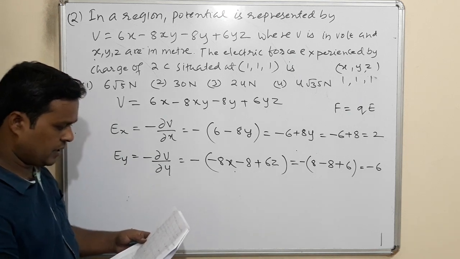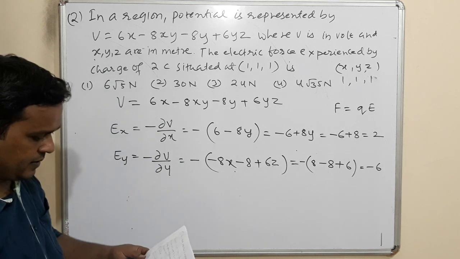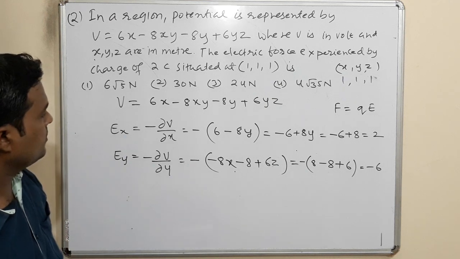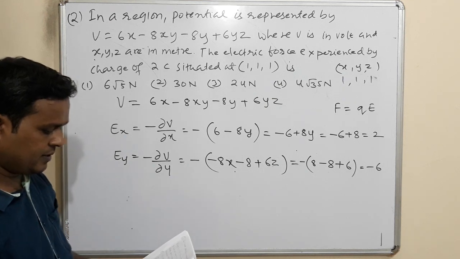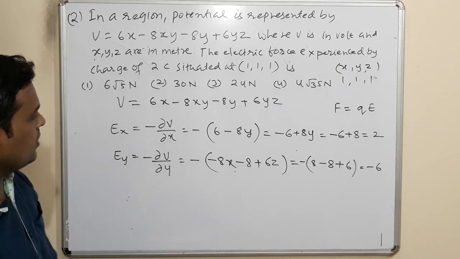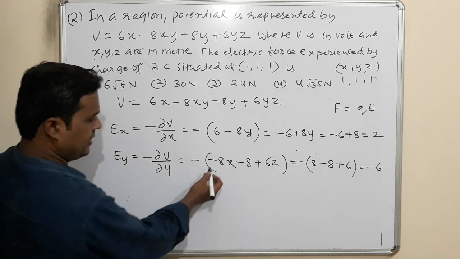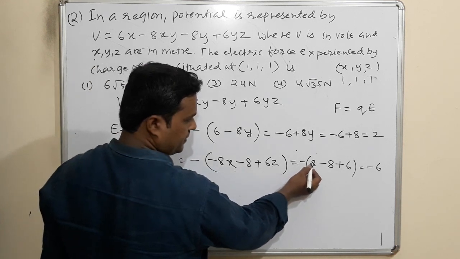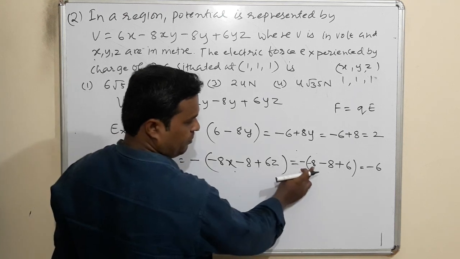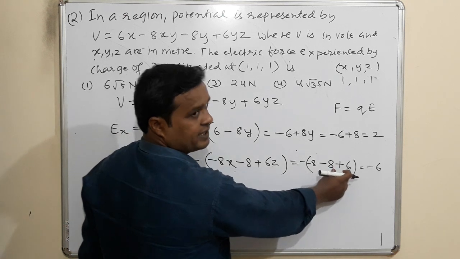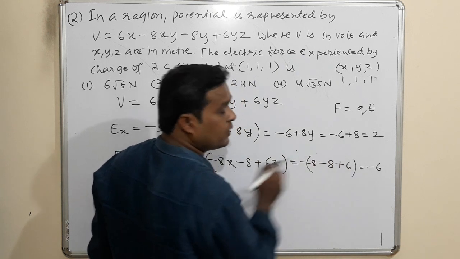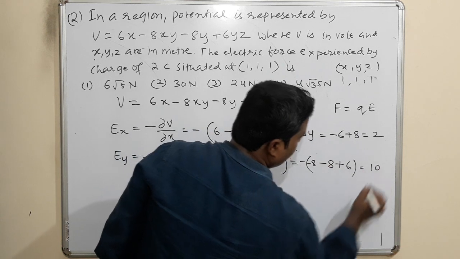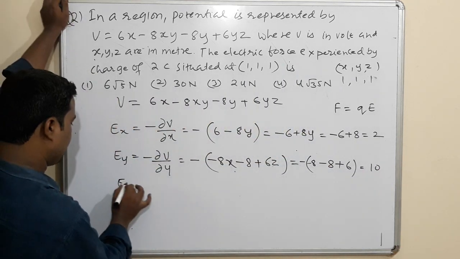I have written this question correctly. Minus 8y plus 6z. This is minus 8x. Inside this, if I put minus 1 here, minus 8 into 1, this will be minus 8. Actually, this will become minus 8 minus 8 minus 16 plus 6. Minus 16 plus 6 will be minus 10. Minus of minus 10 is plus 10. It will become 10.